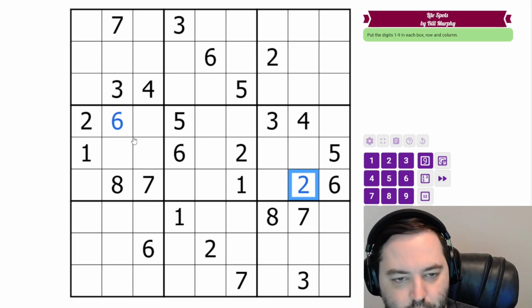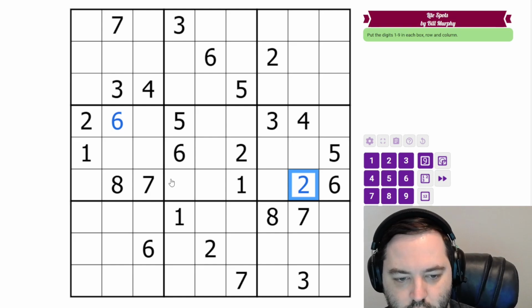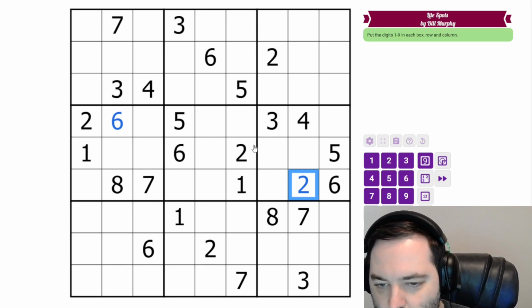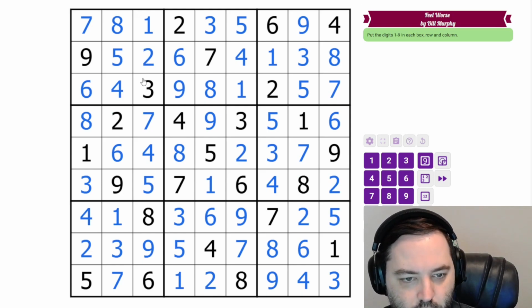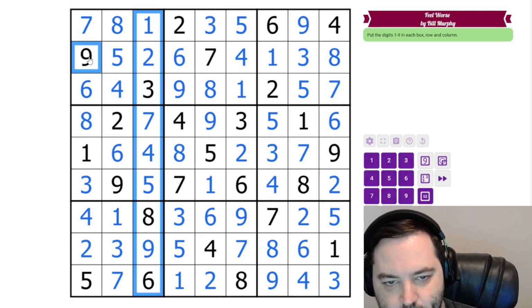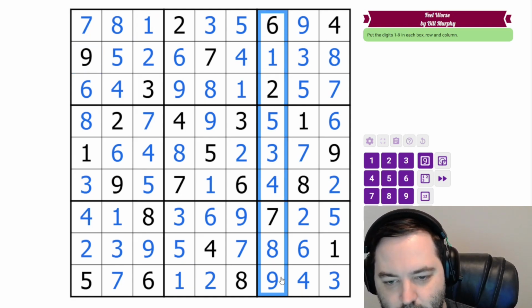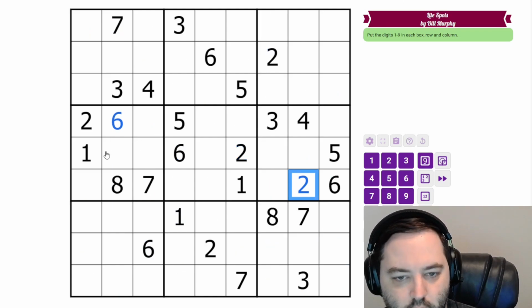And we use a lot of symmetry in GSP. It's not always fully symmetric, like I think it is in this case. But even when it's not fully symmetric, you can use it to inform where to look next. Like in the previous puzzle, I looked at this column and we had the 9 here. That clued me in that if I looked at this column, we were probably going to have something similar. So anyway,